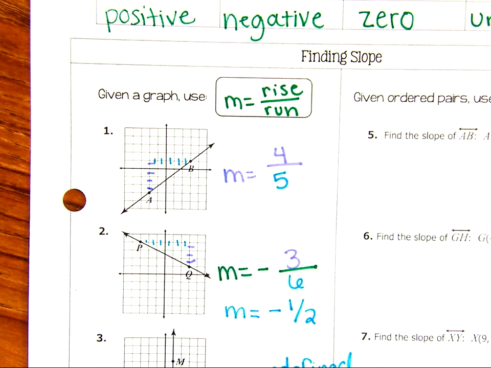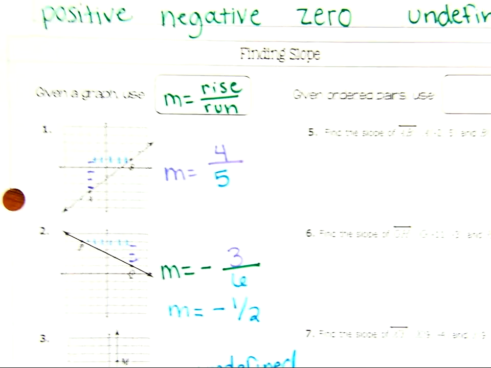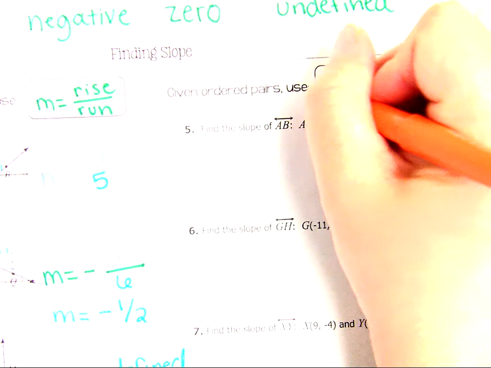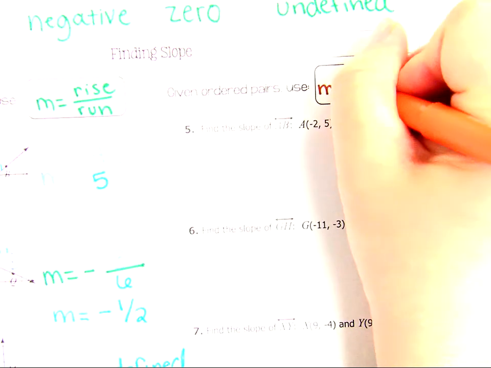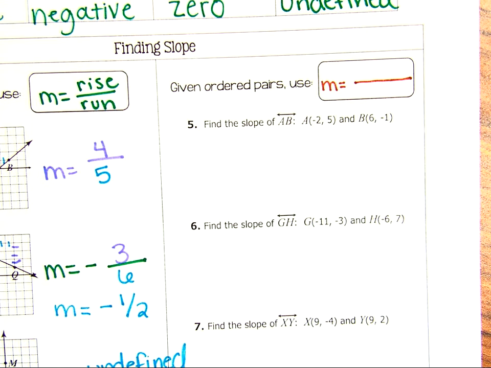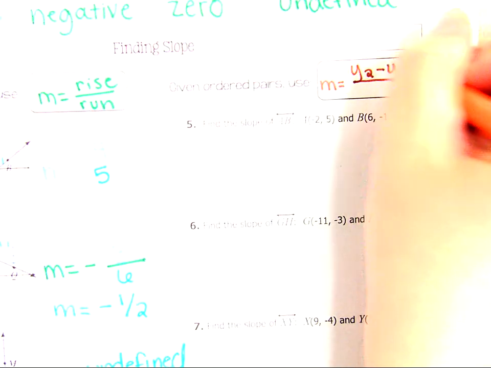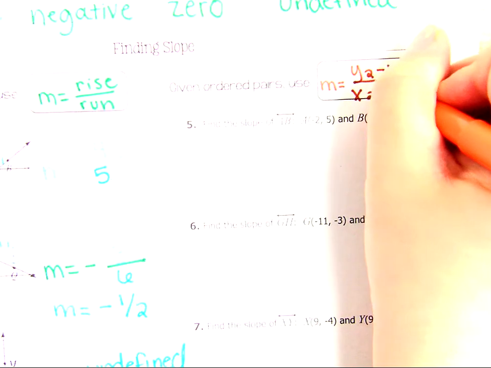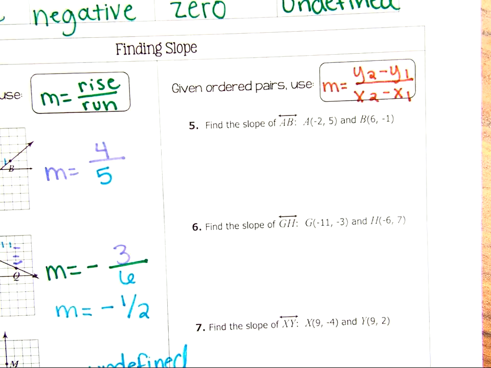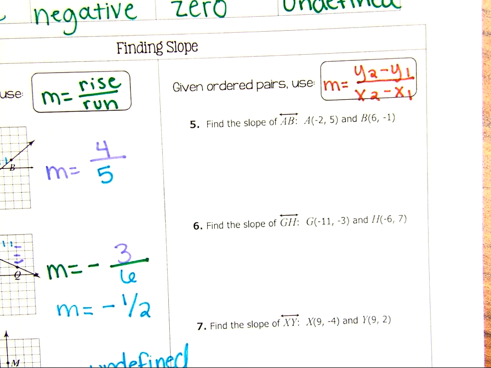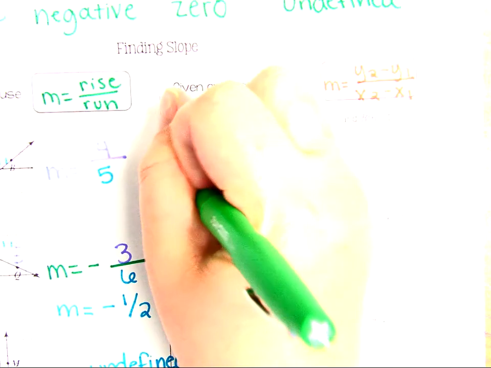Okay, so now let's go over here and look at when you're given ordered pairs, how do you find the slope? Well, you should use that the slope is equal to y2 minus y1 over x2 minus x1. Okay, so let's do an example here. Find the slope of AB. So the slope is equal to,